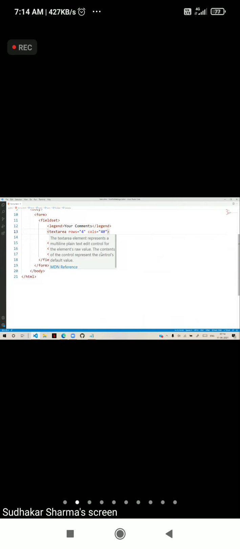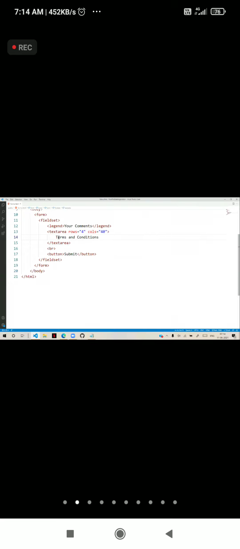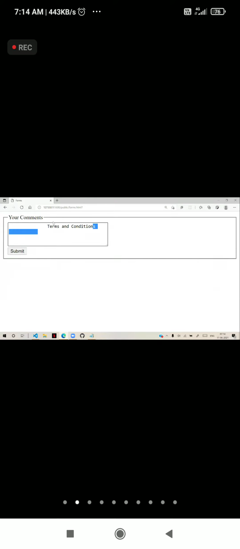Now actually text area can have some default text inside it. Suppose terms and conditions like this. It can have by default some text inside it. You can put that inside this text area. Actually that text can be modified.